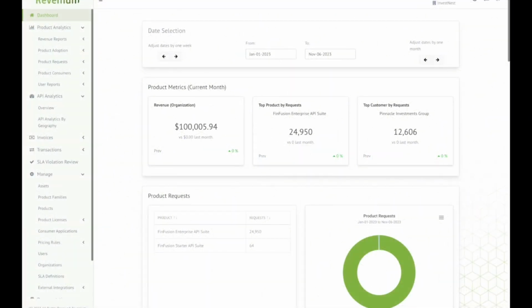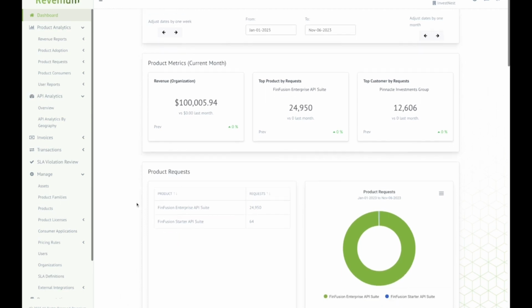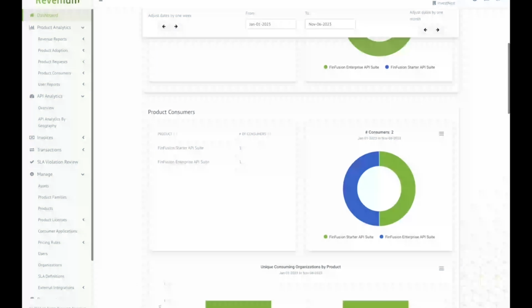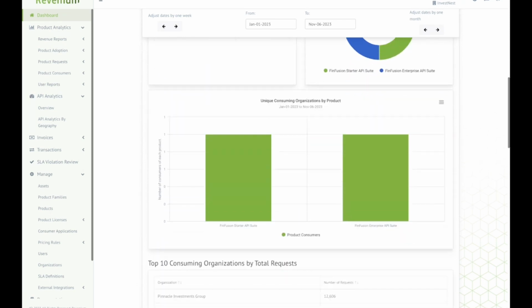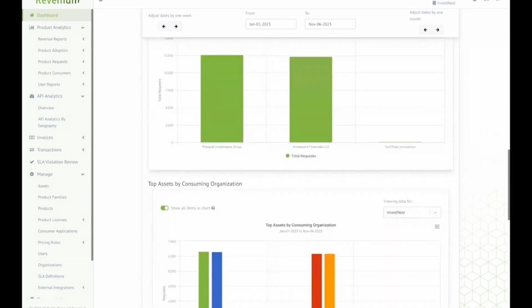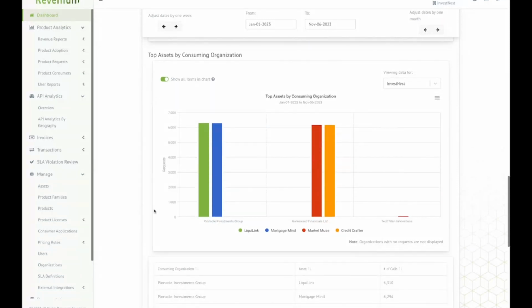Okay, now we're going to take a quick review of the different types of analytics that are available for our digital products. From the dashboard view, we'll get a high-level overview of the revenue for the month, as well as how it compares to prior periods and our top products and top customers. As we scroll down the page, you'll get more detailed information about each of those areas. And you'll be able to continue to go down and drill down into these as you see fit. So here, for example, we see the top assets being consumed by different end users. And there's more information like that as we go down the page.